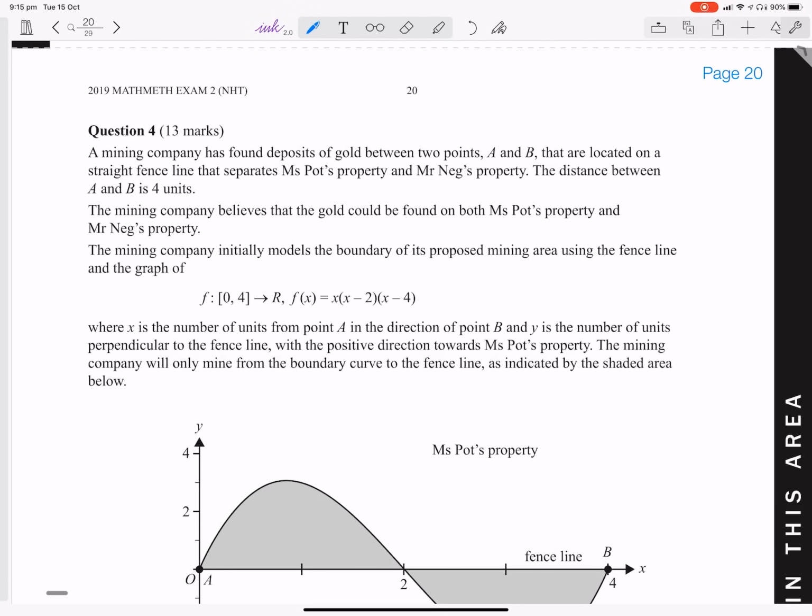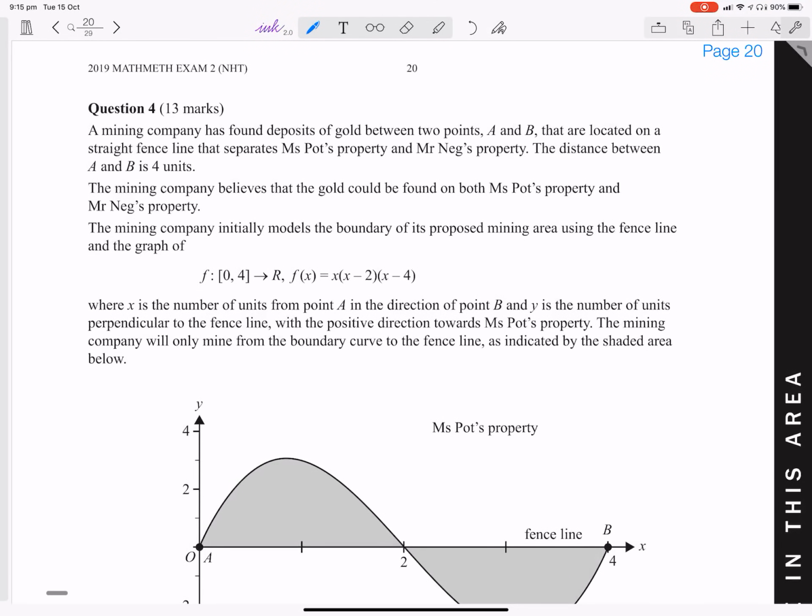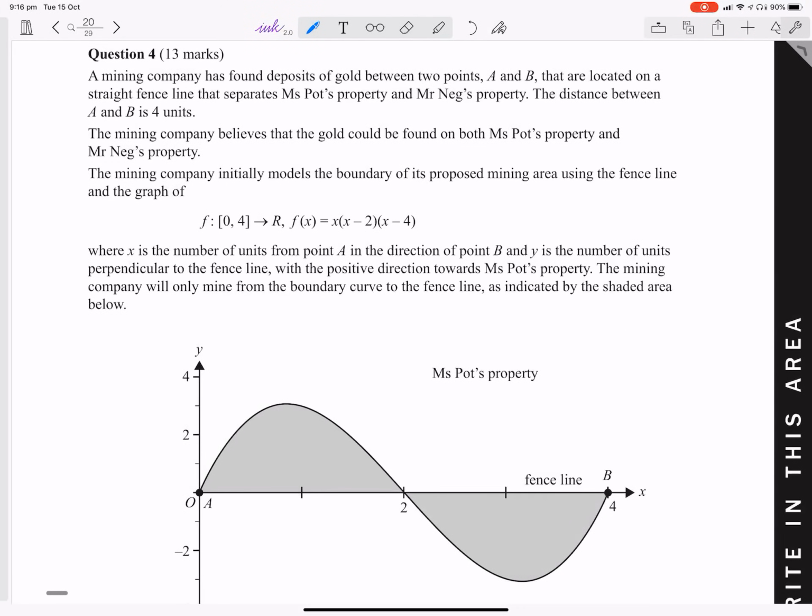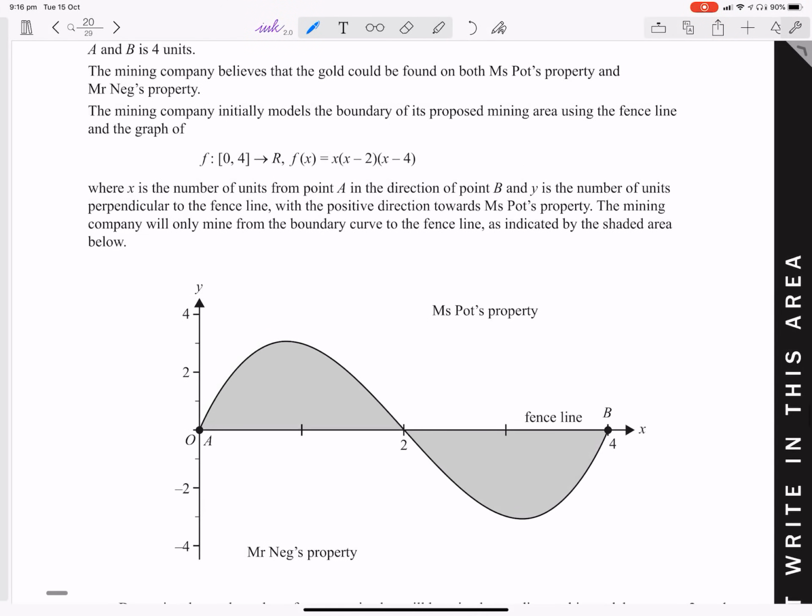Four questions. A mining company has found deposits of gold between 2 points A and B that are located on a straight fence that separates Mr. Potts and Mr. Negg's property. Distance between A and B is 4 units. The mining company actually models the proposed property of that